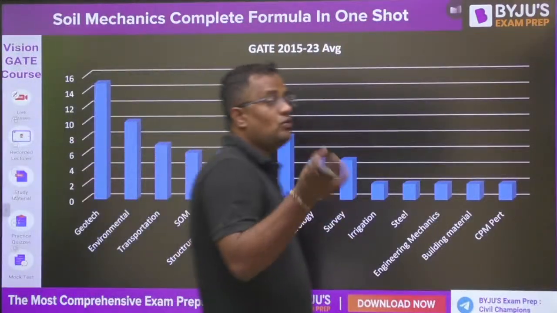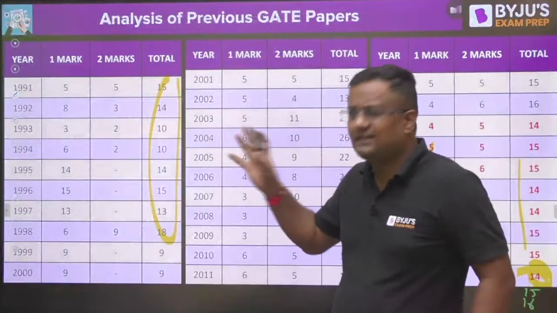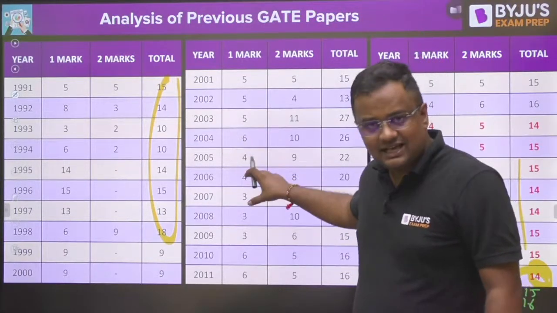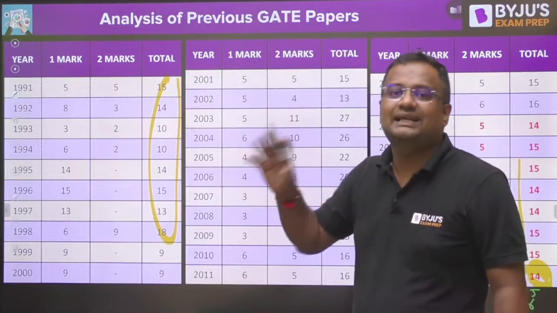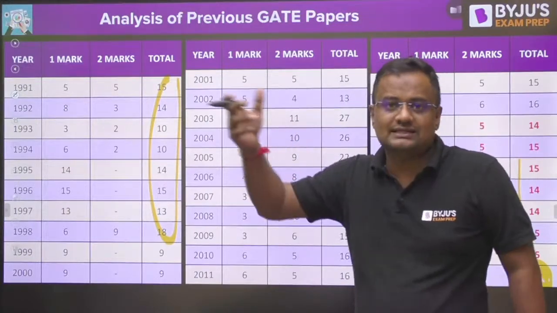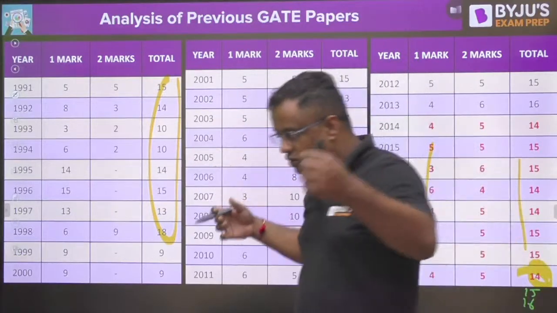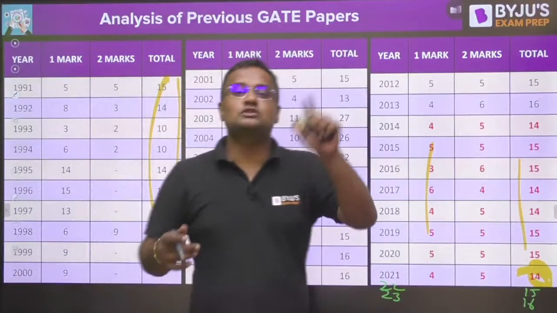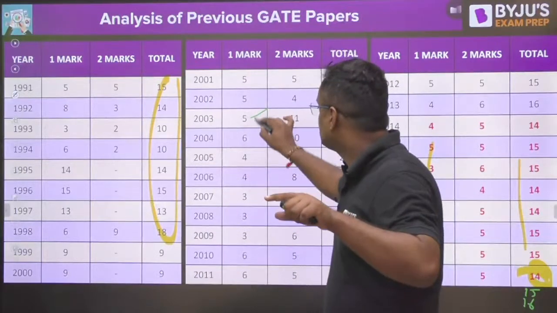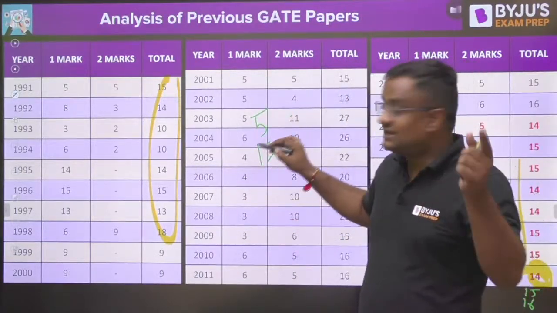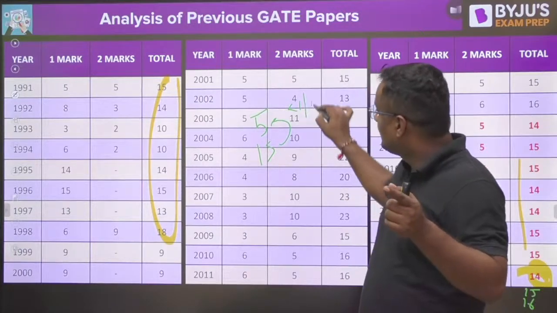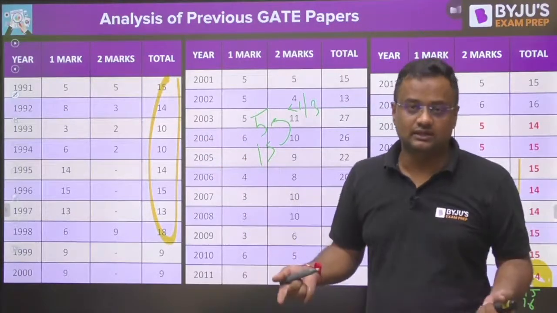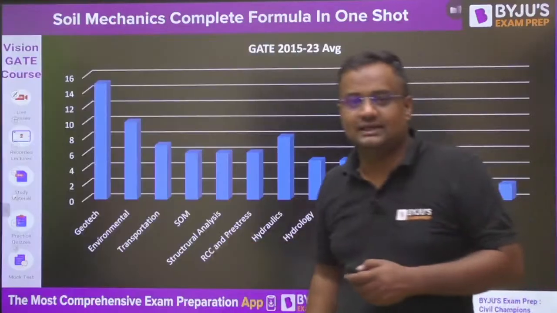One more thing before going further, guys. Usually a teacher is very possessive about his subject. This is the highest weighted subject, but that doesn't mean it is as scoring as other subjects. In my view, surveying, OCF, hydrology and highway engineering are much more scoring. Suppose surveying comes for 5 marks and soil comes for 15 marks, but the survey syllabus is less than one third. So with less than one third of the reading, you get a third of the marks. So I believe survey is more scoring than geotechnical engineering.